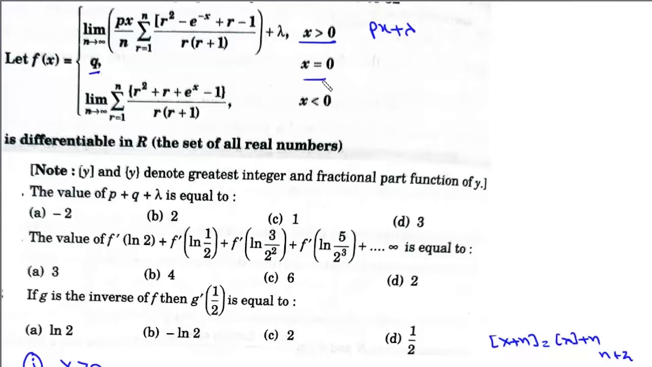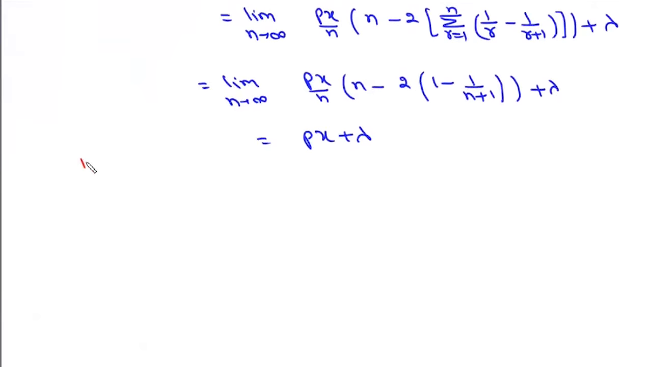At x equal to 0, it is q. Now we need to find the definition when x is less than 0. Now if x is less than 0, it is given as this limit n tends to infinite, this summation r varies from 1 to n,